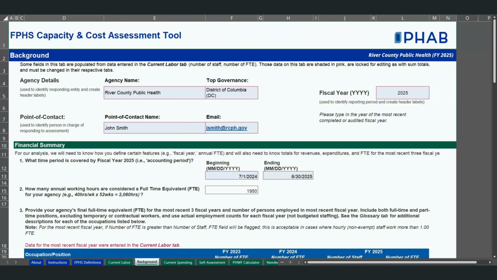Let's look at River County's data for the Background tab. At the top of the worksheet are agency characteristics and contact information. It is recommended to start with this section before moving to other areas of the FPHS CCA tool. Following their entry, the agency name and fiscal year are populated in the headers across all tabs of the FPHS